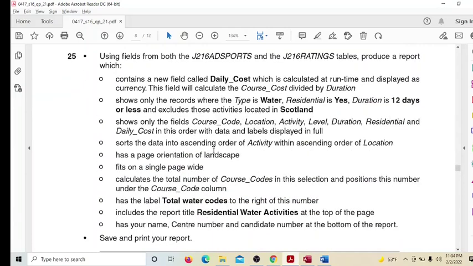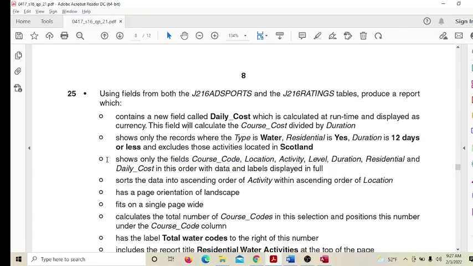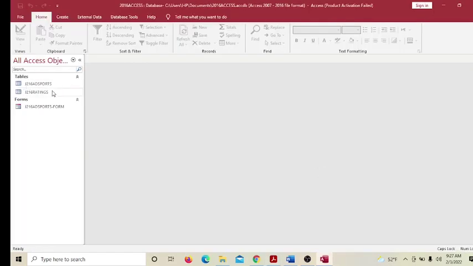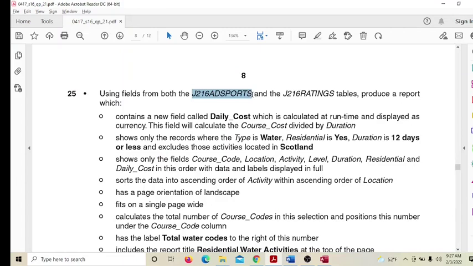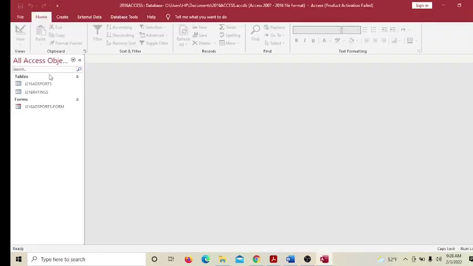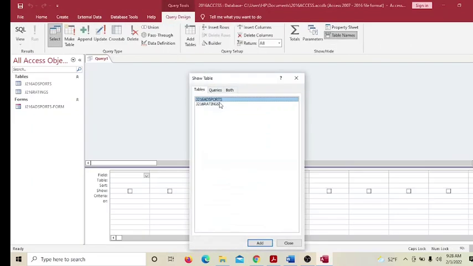Next, this is different. Okay. Again, we have to create a query, then the report from those, which shows only the fields course code, location, activity, level. From this, here it is. We have to use both of them, right? These two tables, since we related them using primary key one-to-many relationship, so we have to access the records from both the tables. Fine. Create, query design, add,